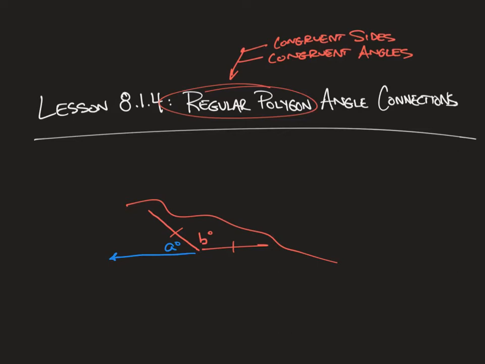I'm going to repeat a couple of those for you here. First, we know the sum of the interior angles is equal to 180 times n minus 2. That's actually from lesson 8.1.2. And if I have a regular polygon and all the interior angles are the same, then the measure of one interior angle